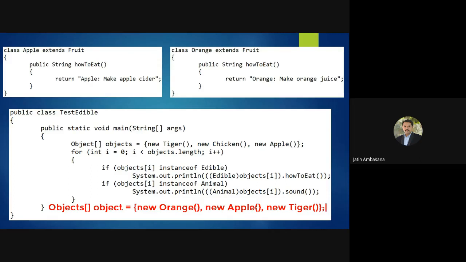Yes. Tell me, which if would get executed for all these three one by one? Which would get executed?